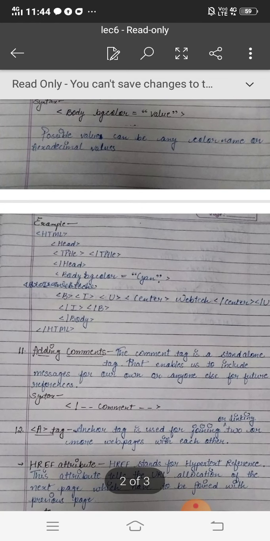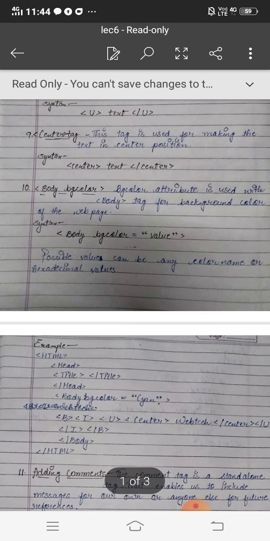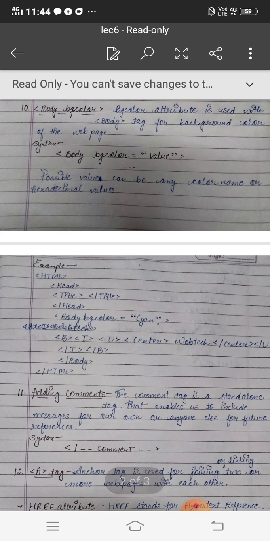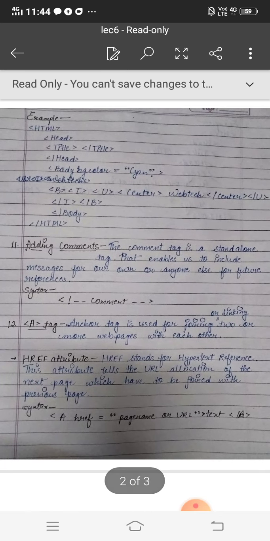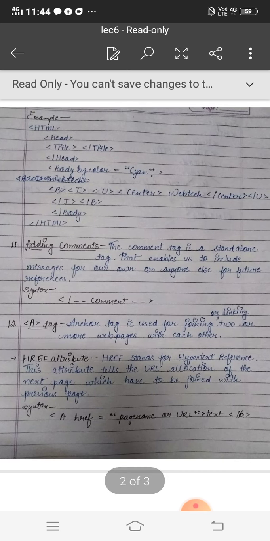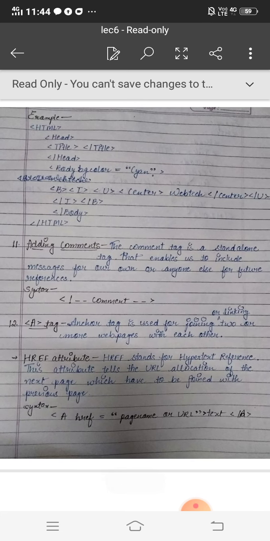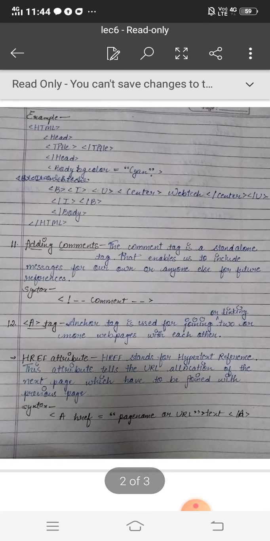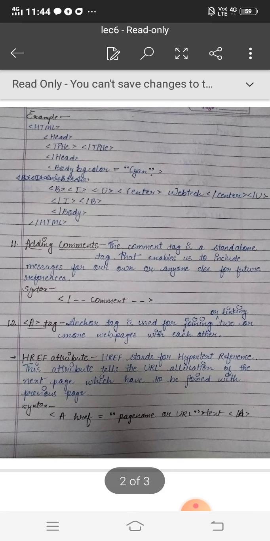Example. Here is the example including all these small tags. HTML on, head on, title off, head off, body bgcolor is equal to cyan, any color name. Next, B tag, I tag, U tag, center, web tag, means it is a data, web tag, center close. It is very important to note that the tag which opens first will close last.